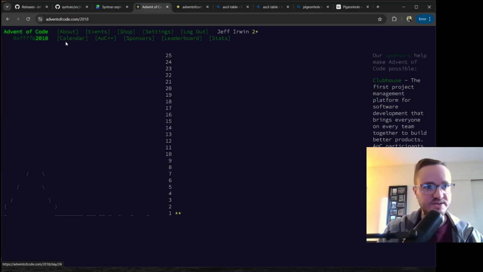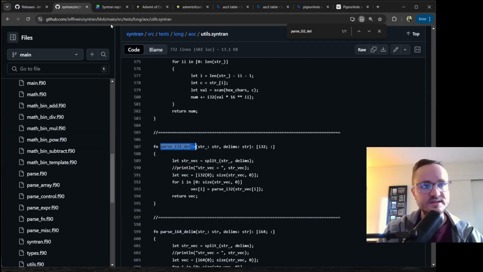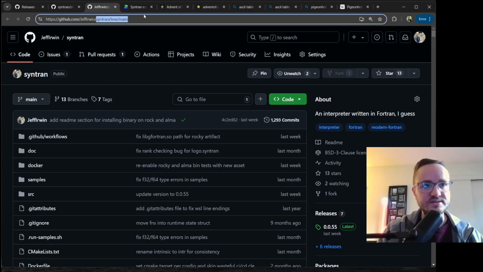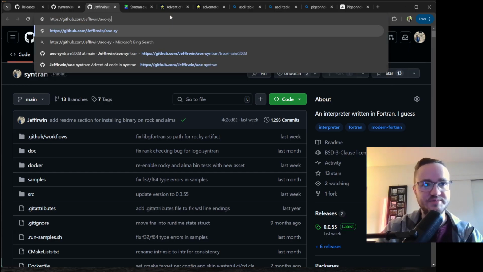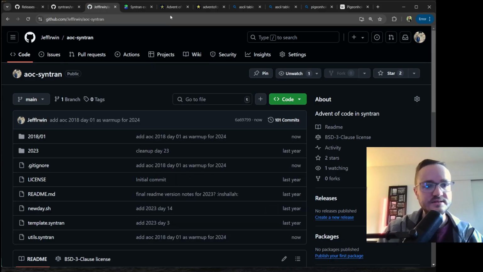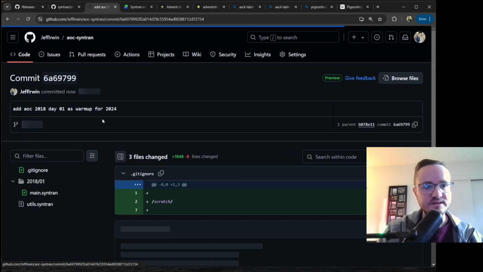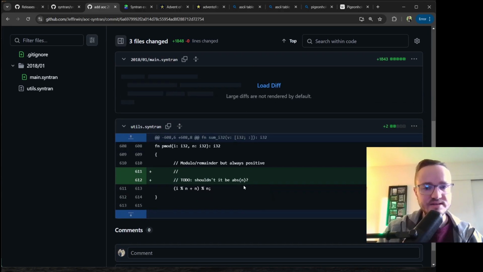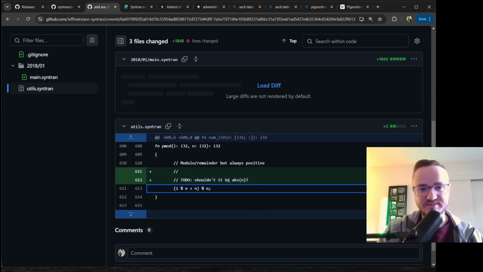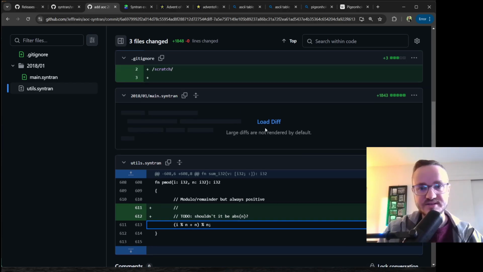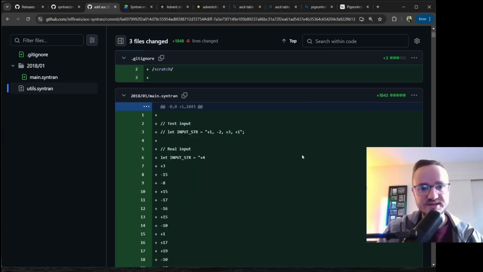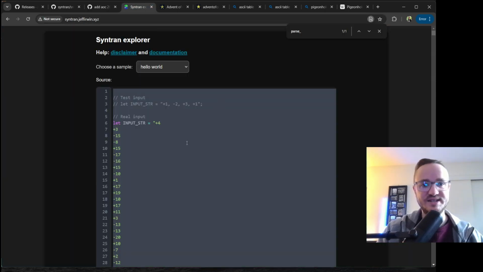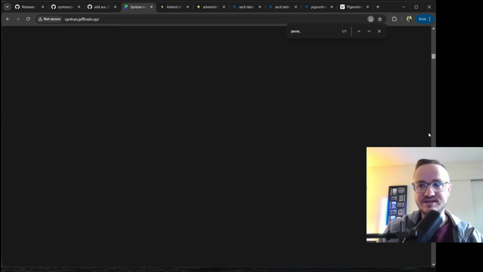All right, let's make sure that I actually pushed that. This is a different repo. This is AOC Syntran. I don't even remember which repo I'm in. All right, I think it's there. I added a git ignore. I added a random comment here. I probably added this comment like a year ago. That wasn't recent. But then I have this, and because I started out using this web-based IDE, now